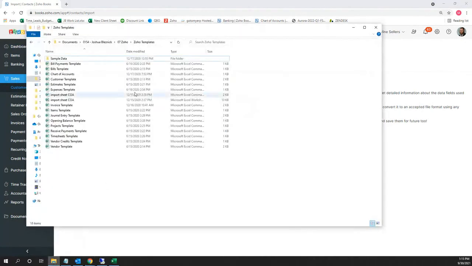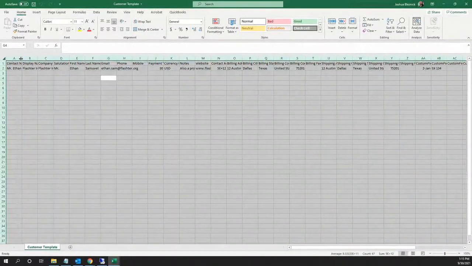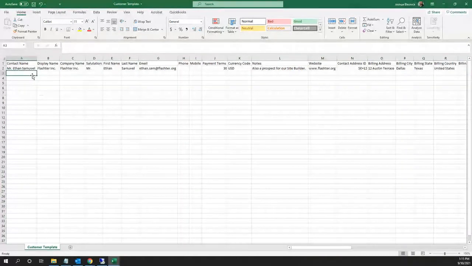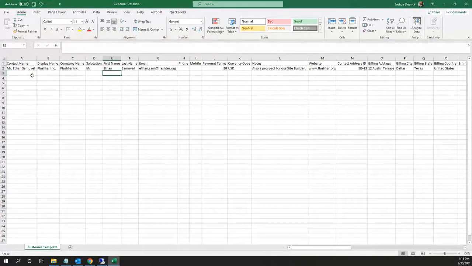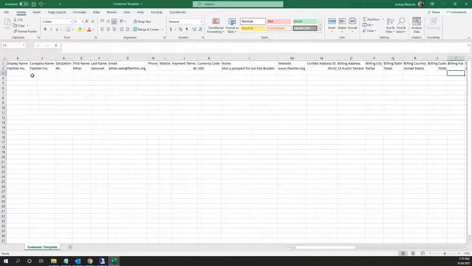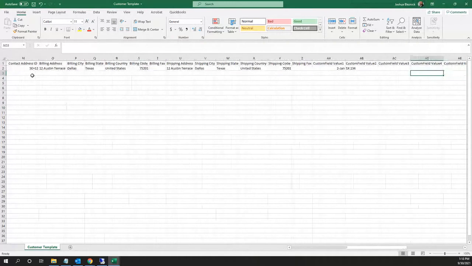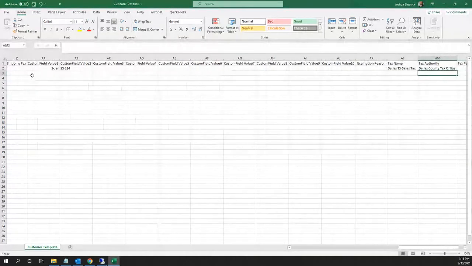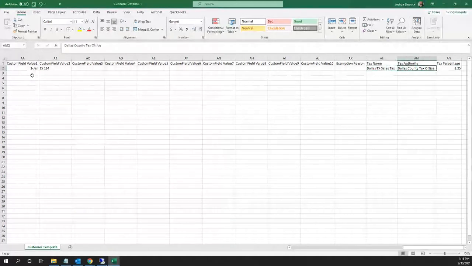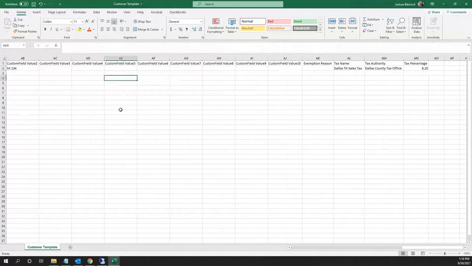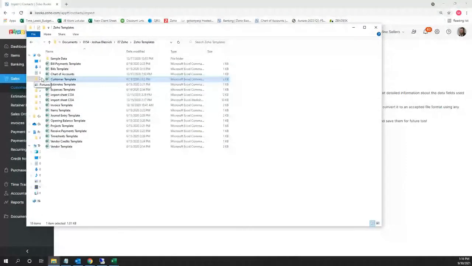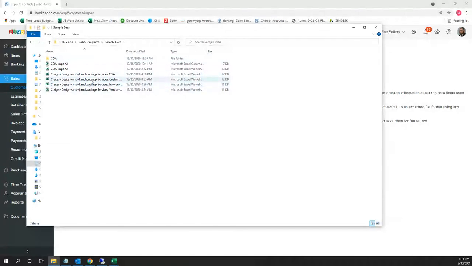So here in my folder, I have all the sample sheets. And if we look at the customer template, we'll notice that it gives us the breakdown between customer name, display name, company name, first name, last name, phone number, mobile, the billing addresses, ship to addresses, as well as any custom fields or anything like that, and tax name, tax authority, tax percentage, etc. So once we have our data formatted and corrected,